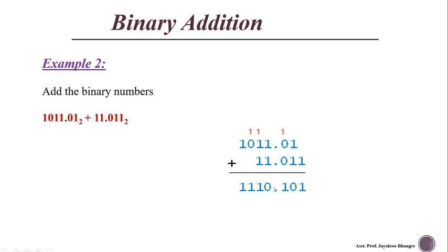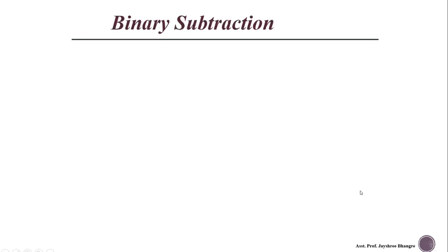So write over here the binary point. Then 1 plus 1, the sum is 0, 1 carry. Here we have to add 1 plus 1 plus 1, that is sum is 1, 1 carry. So 1 plus 0 is nothing but 1, and 1 plus 0, as no bit is present, we can consider the 0 is here. So 1 plus 0 is nothing but a 1. So we get the answer after this addition.